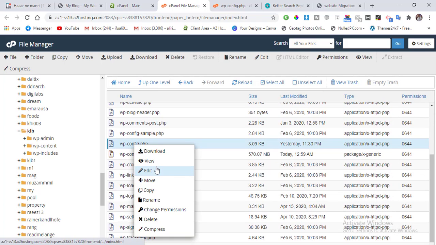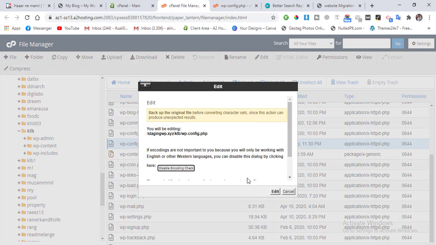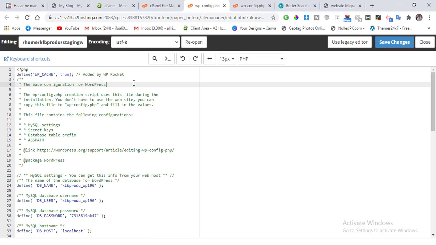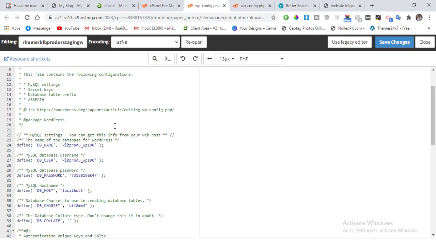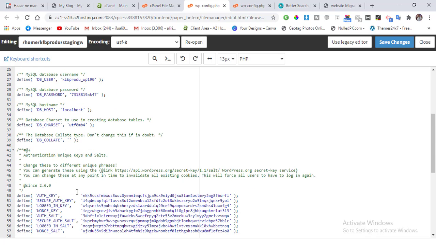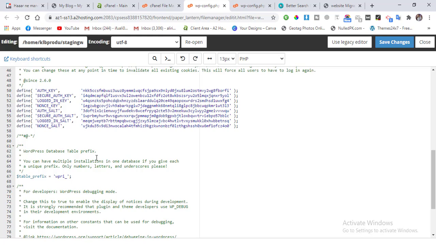Edit this. Now you can change the database name, database user, database password, and table prefix. Here is the table prefix.